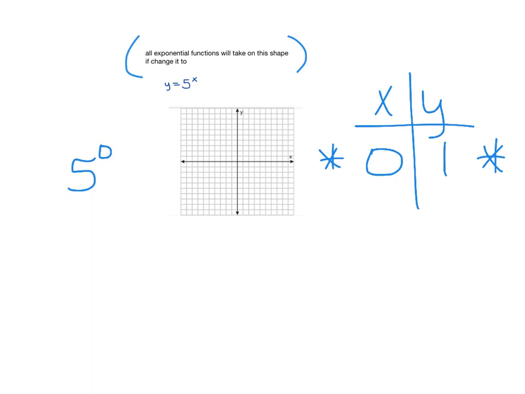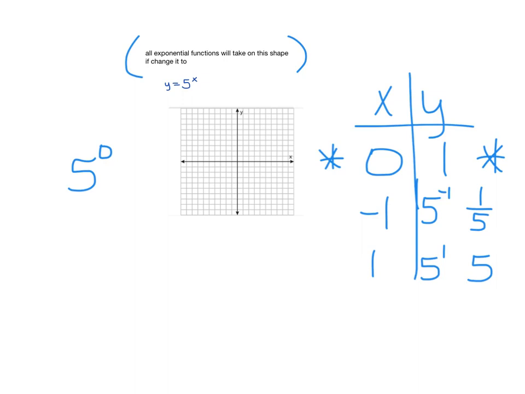Let me put in a negative and a positive just so you can see what happens. So again, 5 to the -1 power. This means it turns into a fraction, and it's 1/5. 5 to the first power is just 5. So now if I just take these 3 points and I graph them,